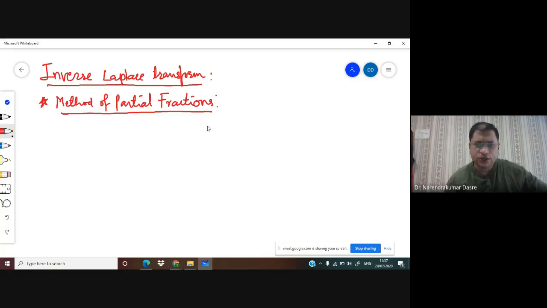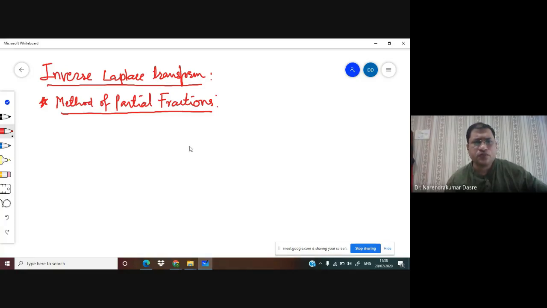You have already seen in 11th standard what partial fractions are. What do you mean by partial fractions? If you have a fraction, then expressing it into smaller fractions is called partial fractions. Whenever we have more than one factor in the denominator, as we have seen, the standard formula can treat only one factor in the denominator. So if I have more than one factor, I have to split into smaller fractions, one factor at a time, and then definitely we are able to find the inverse Laplace transform.